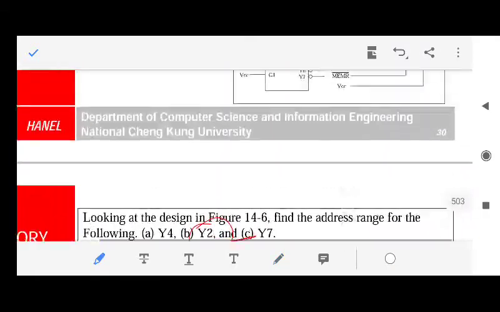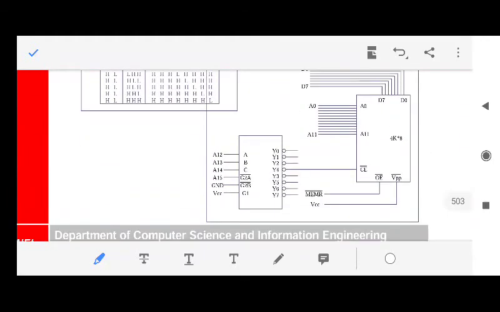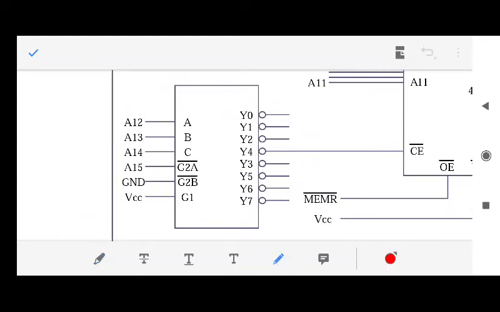Now if you are using the Y2 pin to select the ICs, let us see this again. Please listen to this example carefully, as it could be asked in your exams also. Now let us see how many address lines are fixed. If you are using the Y2 pin for this example, other examples or other memory chips would be different.